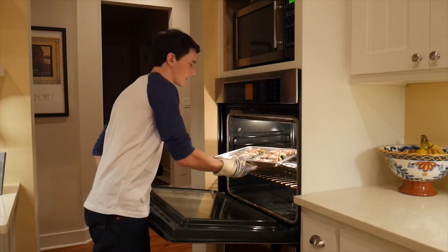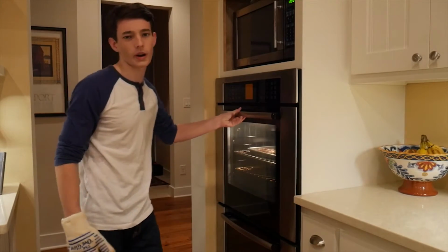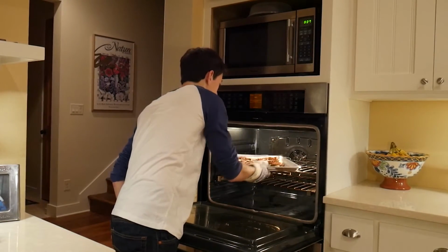Now, I'll usually put them in the oven for about 25 minutes, or for you other people, about 1 episode of The Office. Now that the jalapenos look like they're done, we're going to take them out of the oven